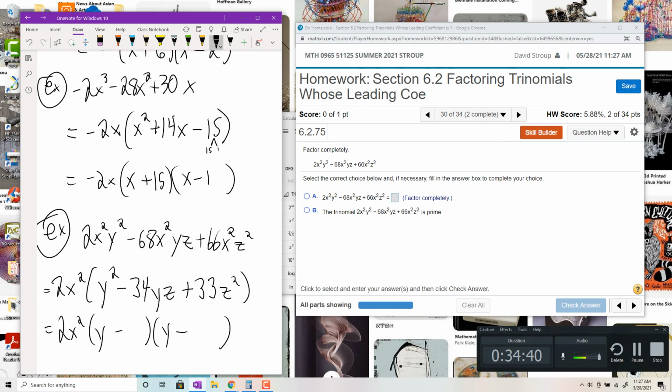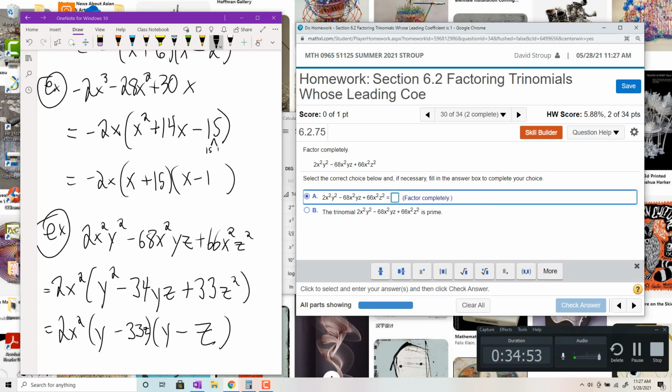And we need two numbers that multiply to 33, but add to 34, so just 33 and 1. And then don't forget to slide in a z. Okay, so this would be 1z or just z. Okay, so 2x squared, parentheses, y minus 33z, parentheses, and then y